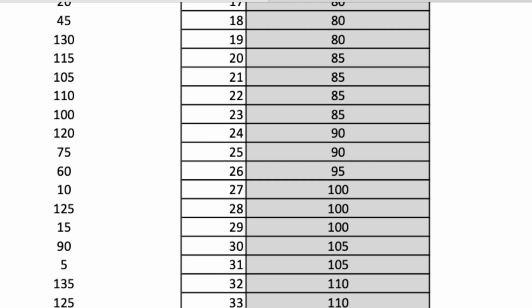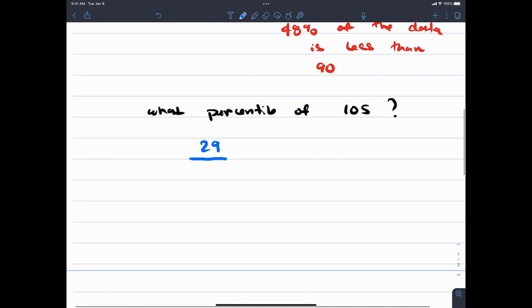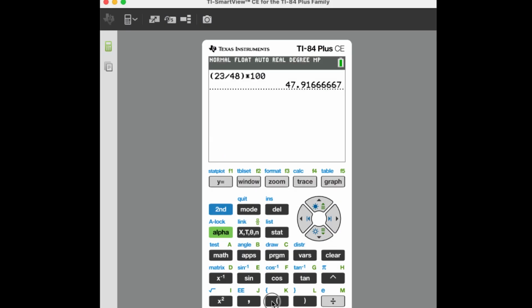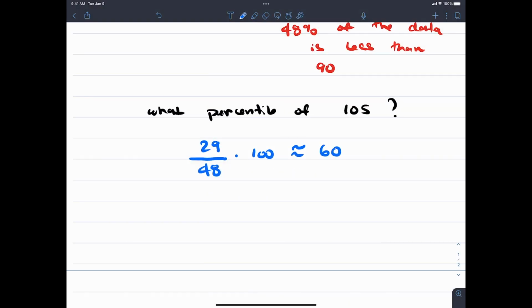29. Outstanding. Okay, good. 29 out of how many data values? 48. Now times 100. What does this give you? Parentheses, 29 divided by 48 times 100. What does that give you? So the whole number, isn't that 60? So what does that mean? The answer is this is the 60th